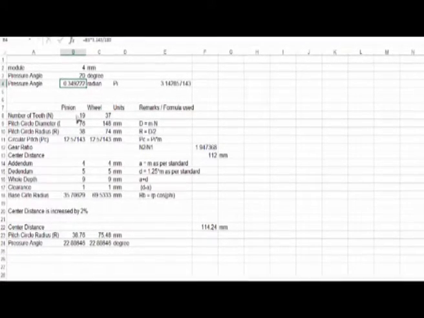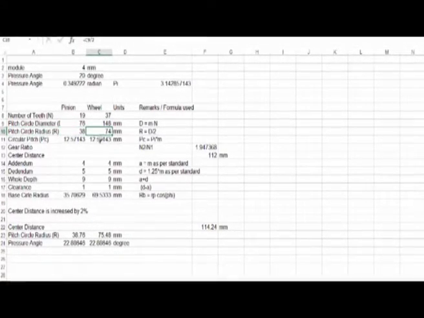Now as per the data, the number of teeth on the pinion is 19, the number of teeth on the wheel is 37, which means that for a module of 4 mm, the pitch circle diameter will be the number of teeth multiplied by module. Module is this entry, which is B2. So B2 times B8 is going to be the pitch circle diameter in the Excel sheet. So pitch circle diameter can be calculated now using this formula, module times number of teeth. So that turns out to be 76 and 148.